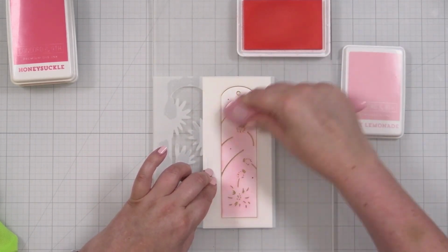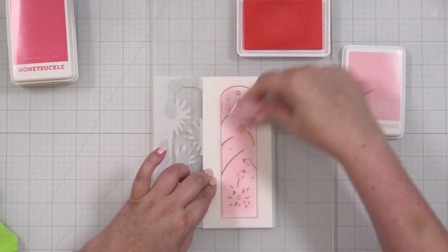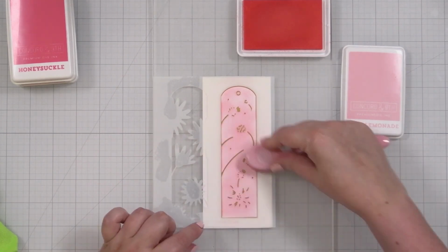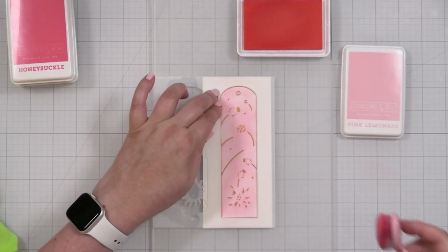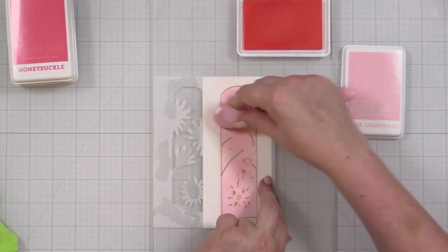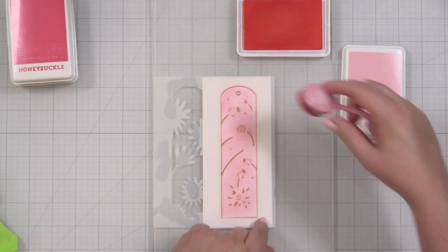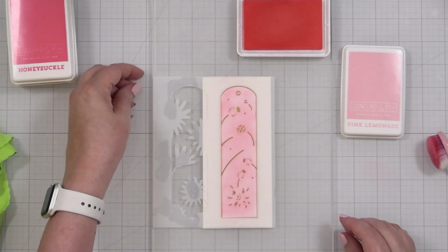So there you go. All right, we're going to get this all in, and of course the foil resists the ink. So that shine, that matte gold, is preserved. Oh, yep, I should have held that. Did I get? No, I think I'm fine. Coming around. All right, and that's really all I wanted to do on this. I will just do a gentle wipe, and we're going to lift this up